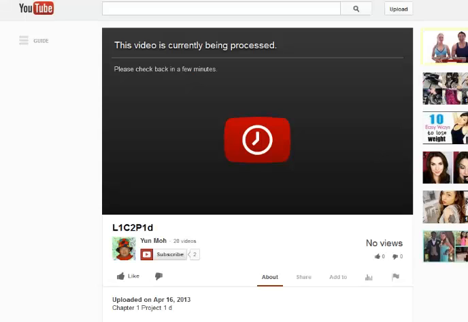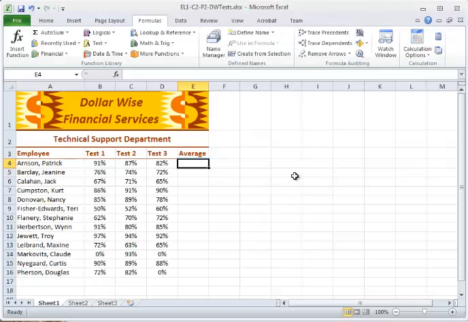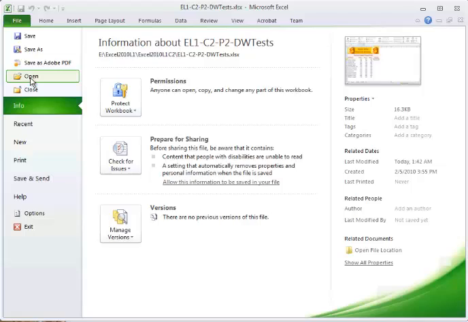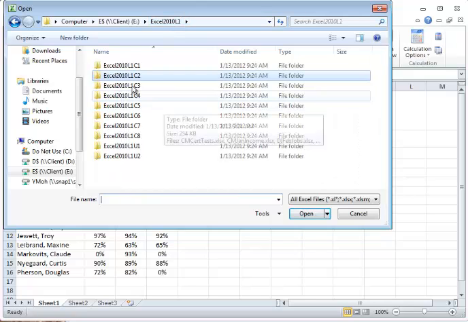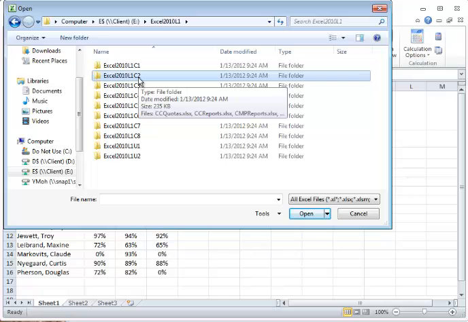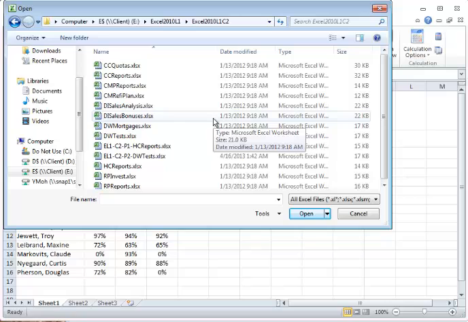You're going to be opening a file called DW_test. So go ahead and click on File, Open, and in the Excel 2010 L1 folder, go to the Chapter 2 folder, which is Excel 2010 L1C2. That's Chapter 2. And then find DW tests,